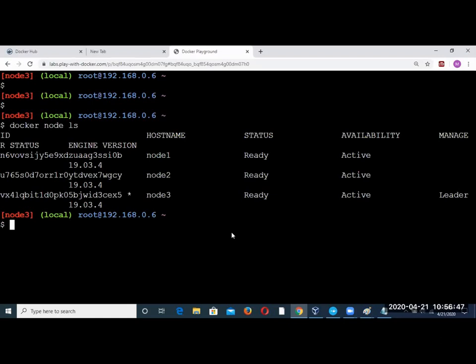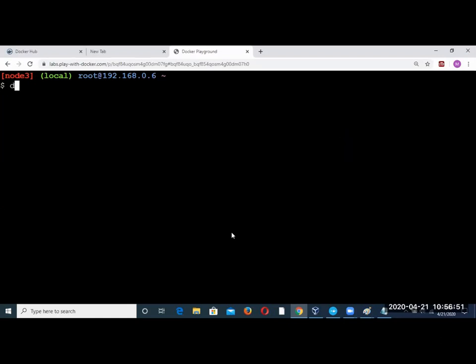Okay, let's go now. So this is ready. What image do I want? I don't have an image, right? So I'll pull an image from Docker Hub.